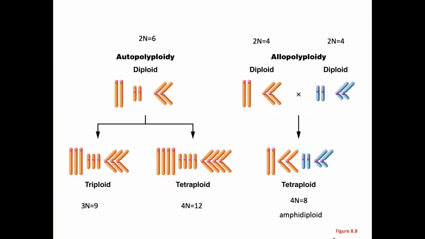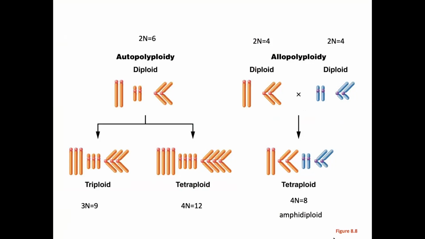So, in the case of autopolyploids, they are euploids. And what they are is, again, they deviate from the normal genomic state in terms of chromosome number by having extra haploid sets of chromosomes. And those extra haploid sets are derived from within the species. So again, the way of generating these